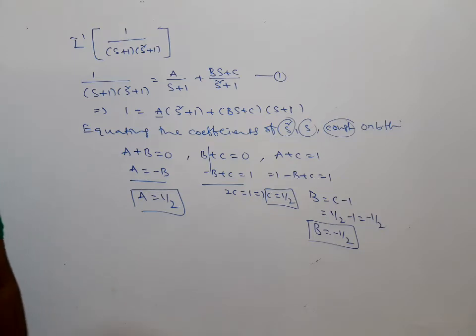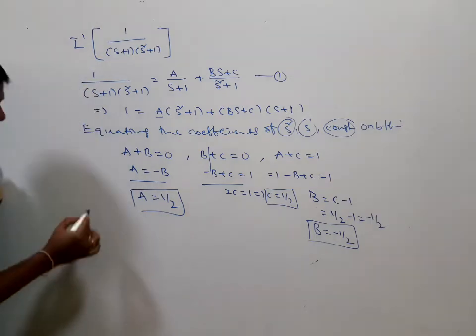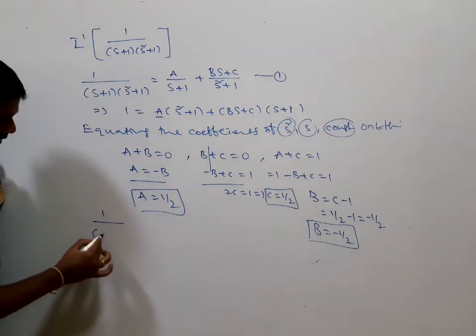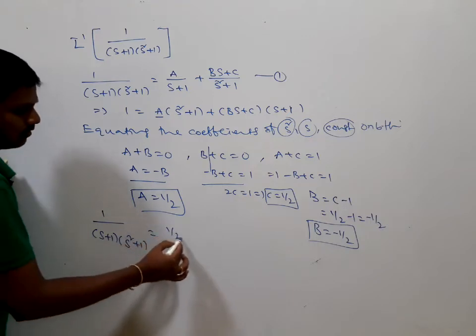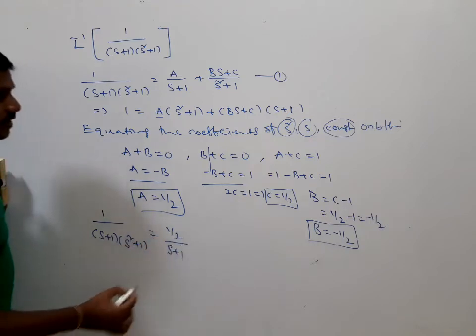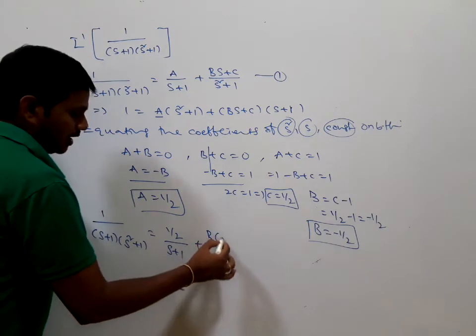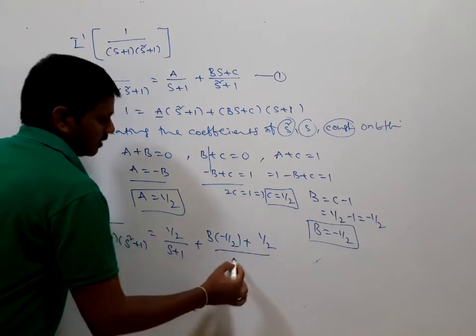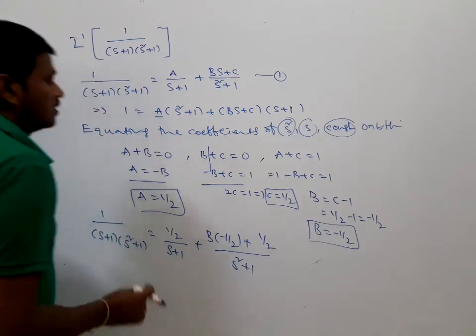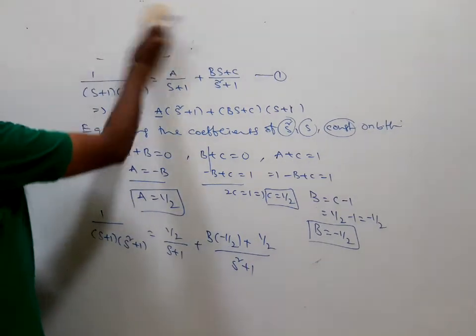So if you are substituting this, 1 divided by (s plus 1)(s square plus 1) is equal to (1 by 2) divided by (s plus 1) plus (b into minus 1 by 2 plus 1 by 2) divided by (s square plus 1). So here